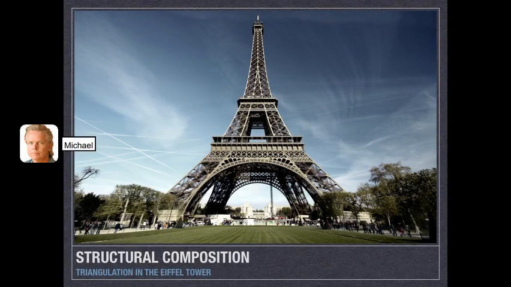The beauty of the Eiffel Tower is partly its bilateral symmetry and partly its triangulation, which I can't really draw very well. Triangulation is a core structural principle in architecture, and without it, the Eiffel Tower would have immediately collapsed upon itself. And I also might mention this arc piece,